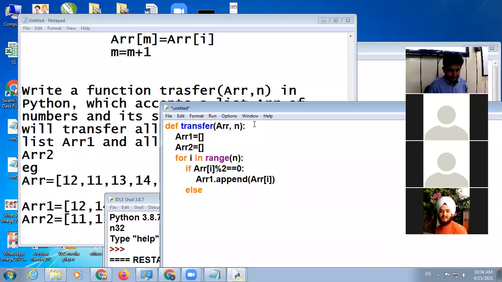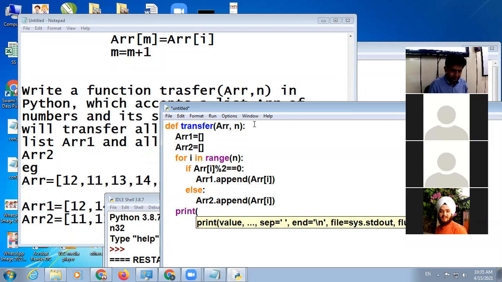Else, ARR2 dot append. After the loop, print ARR1 contains and ARR2 contains.